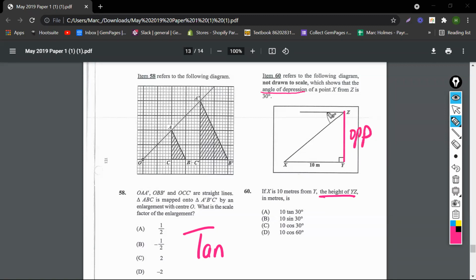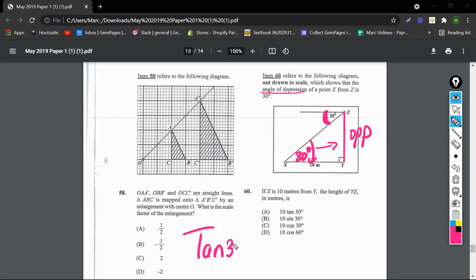Why is this the opposite side, guys? If up here is 30 and down here is 30 as well. Please remember that, guys. Remember the Z law. If up here is 30, down there is 30. And that's why that's the opposite side, because the opposite side always points at the angle. So to find that opposite side, it asks us to find the height YZ, which is the opposite side over there. Tan